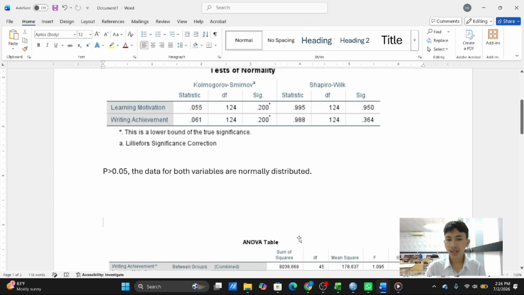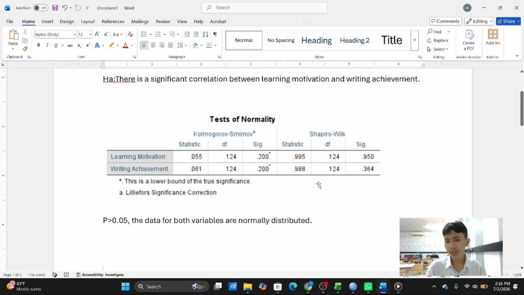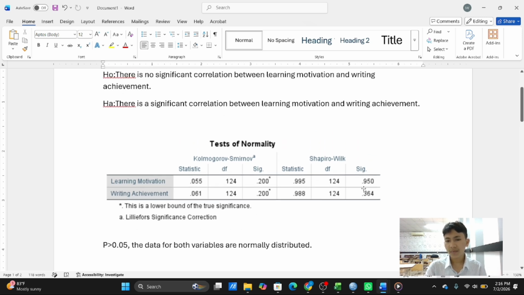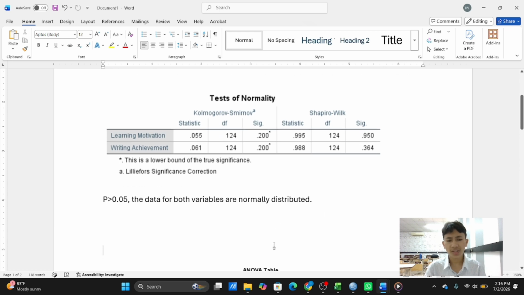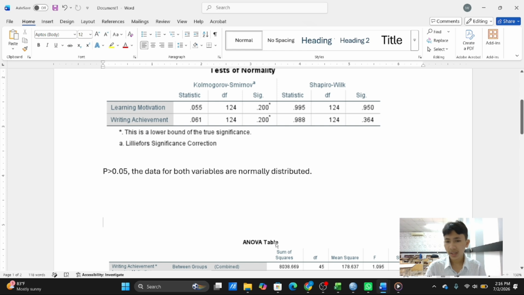In the test of normality, the significance value is 0.950, which is higher than 0.05. So the data for both variables are normally distributed.